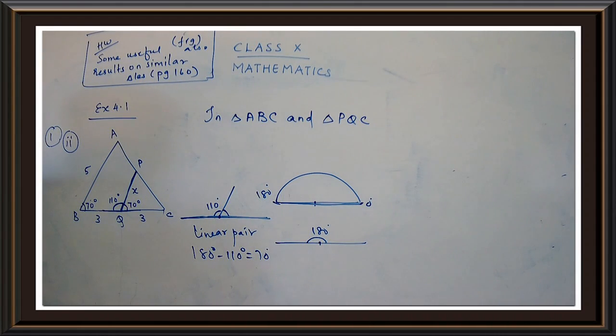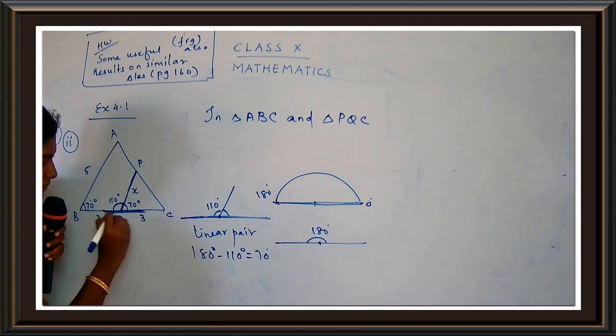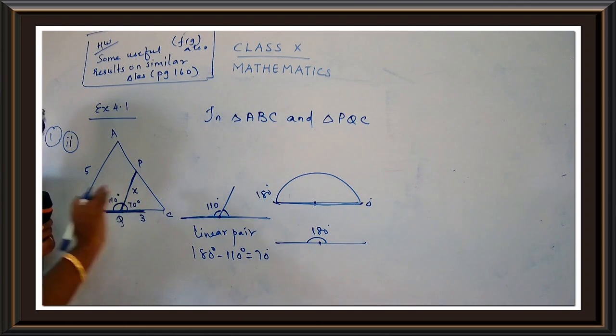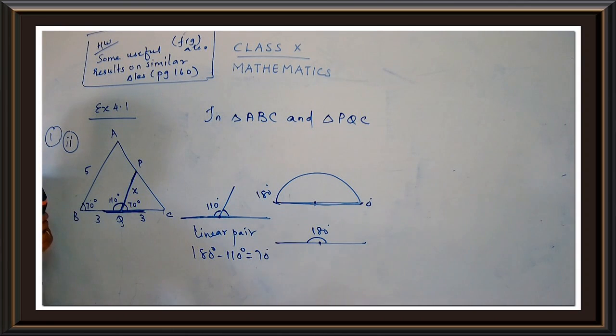Getting the point? So this is 70 degree separately. I am not talking about here. I am just going to talk about this line. Can you see here carefully? You just get a line like a protractor, like a linear pair, a straight line. So what is the angle of a straight line? It is 180 degree. And they have already given you 110 degree. So what will be left here? 70 degree. This is not a new concept to you.